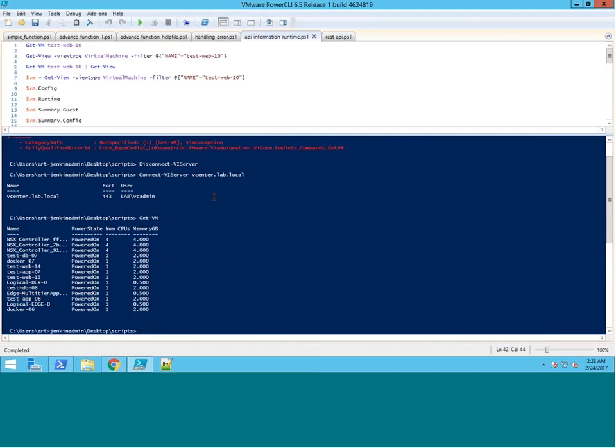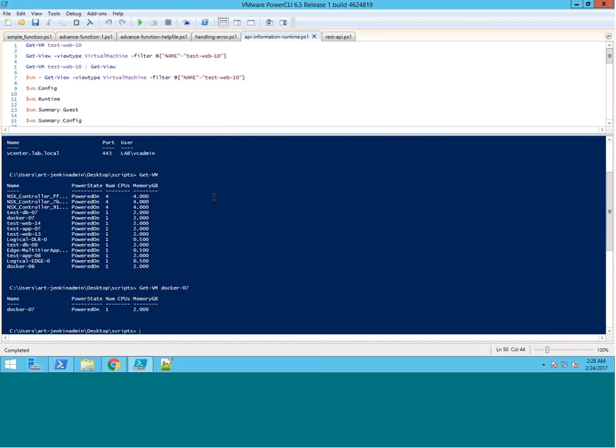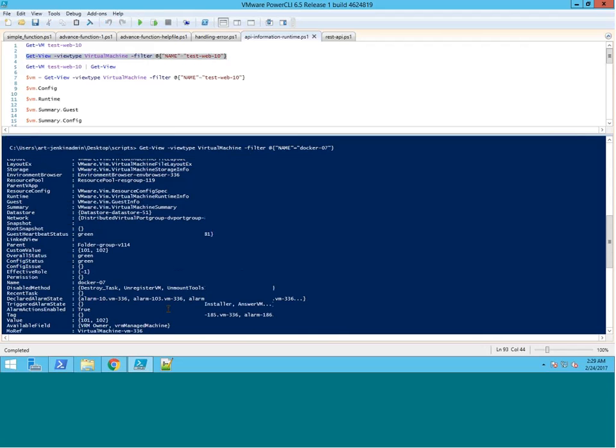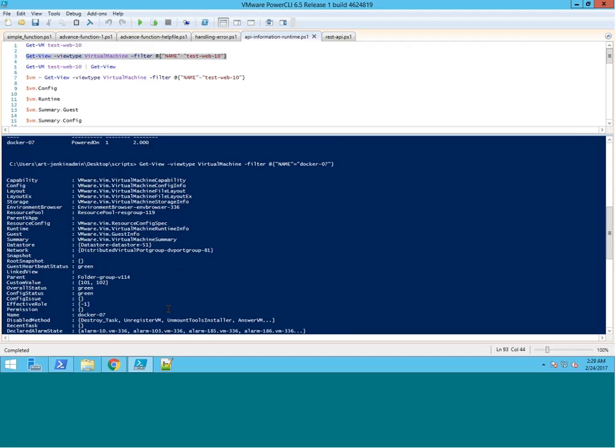Get-VM. Okay. So if I say Get-VM Docker 07, I get it, right? Now, what if I just get this particular information that I was looking for? Now, what if I want to say it like this? Get-View. Just see the difference in the information that I get. Docker 07. I see a lot more values that are there for me to explore,